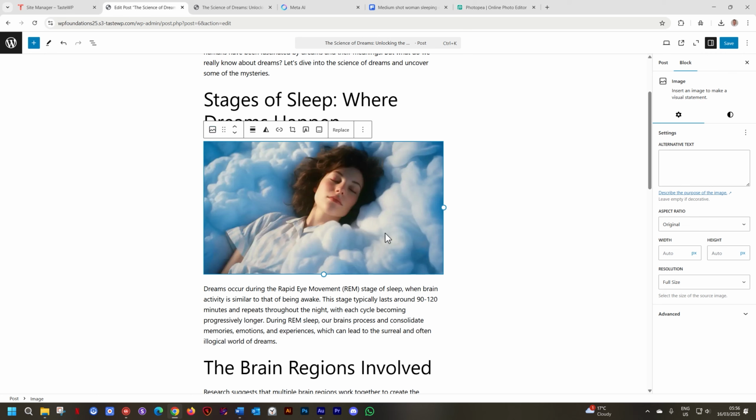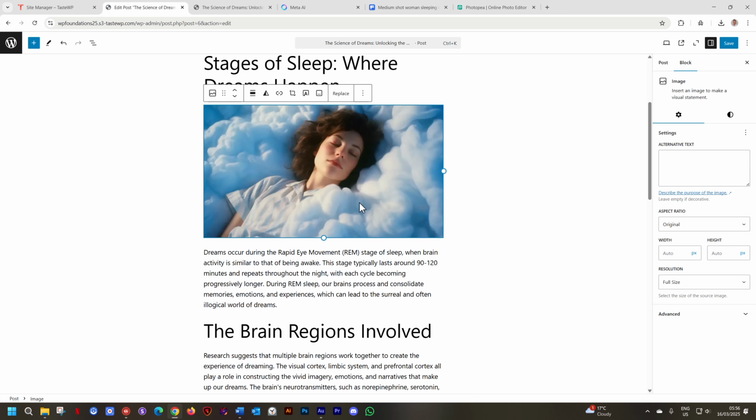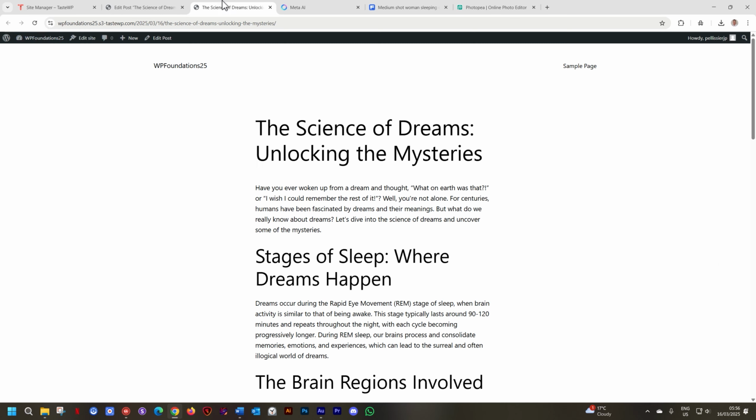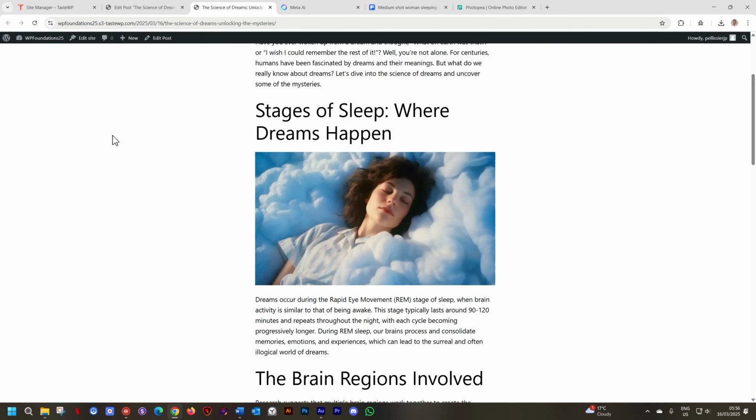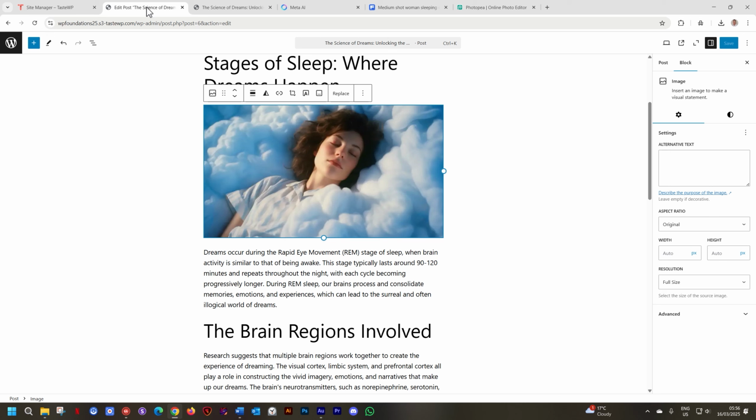We'll still explore what you can do with images in the core module, but for now let's save this page and then go view it on the front end by refreshing. And immediately your blog post is starting to look like a professional blog post. Let me show you the other way of how we bring in images.